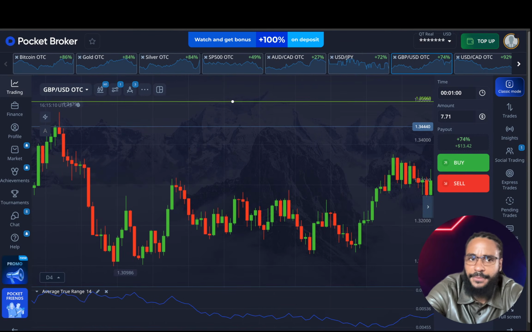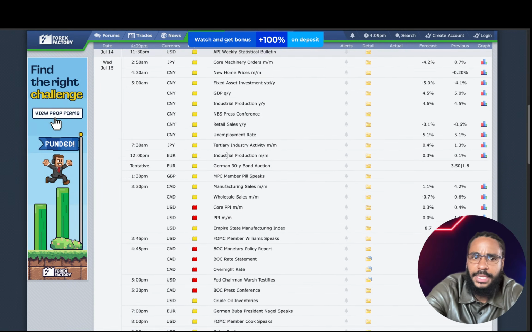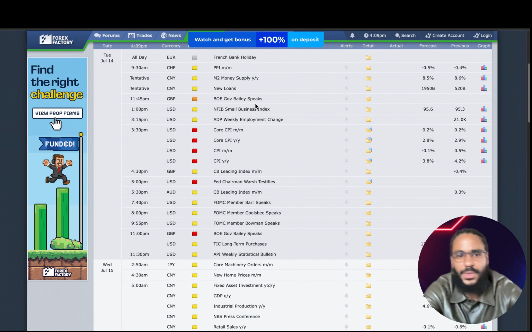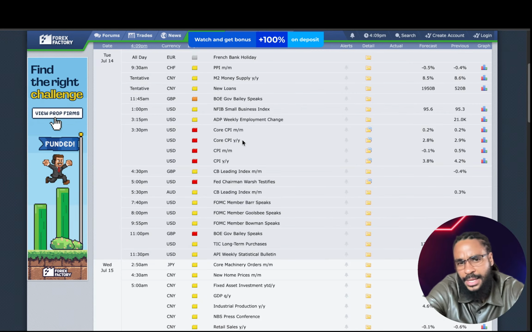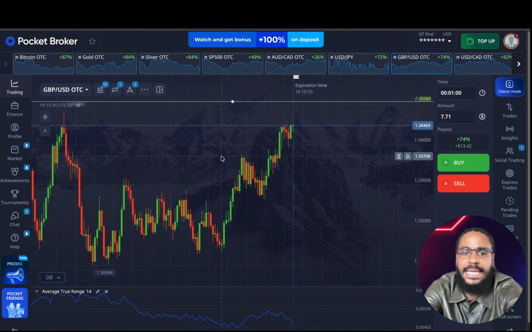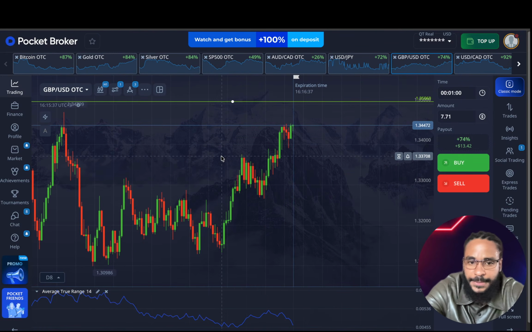For example, if I'm going to be trading the US dollar tomorrow, I've got to come over here and check Tuesday. What do we have on Tuesday? We have core CPI. Now, don't get into the details now, right? If you're looking at month to month and why is this Y to Y or M to M, all that will be explained. For today, you've got to understand that these are high impact, and you've got to be able to precisely identify the time on the chart. By knowing what's coming up, you are saving yourself a lot of